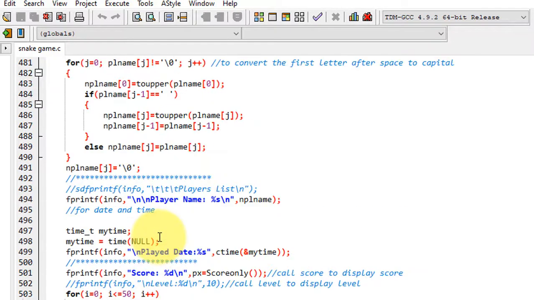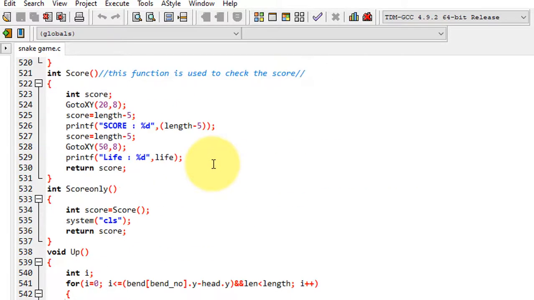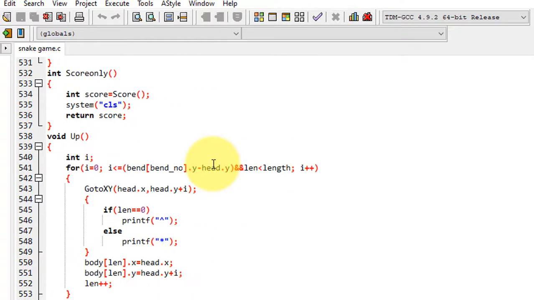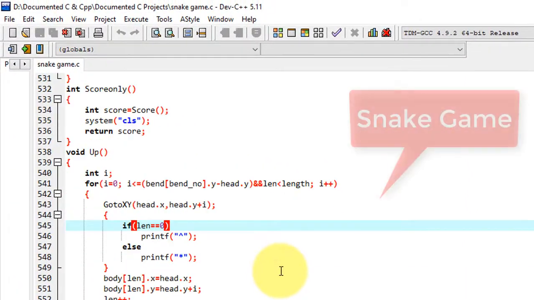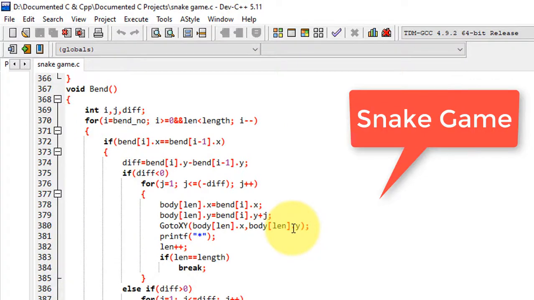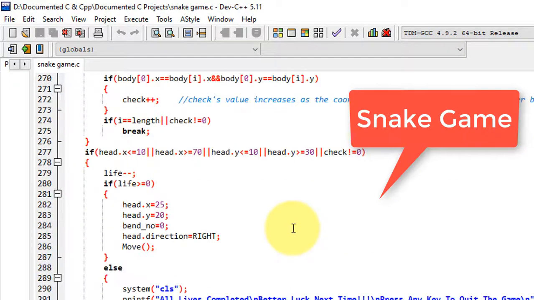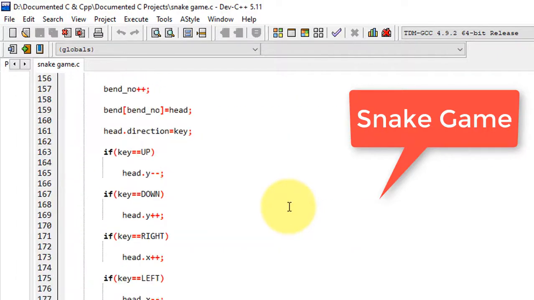And one more thing: your score is recorded in a file, record.txt. Your score is recorded along with your name every time you play the game, so you can see your previous score. The code is very simple. I invite you to improve this if you wish to. Otherwise you can download it and play this game.